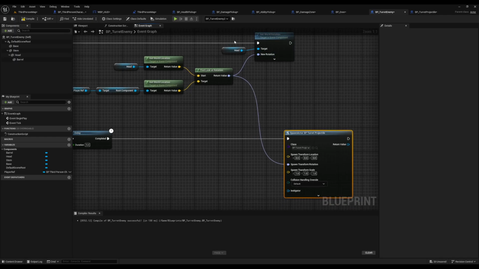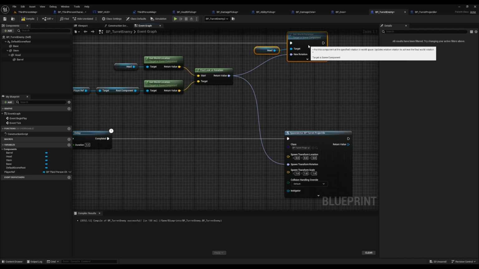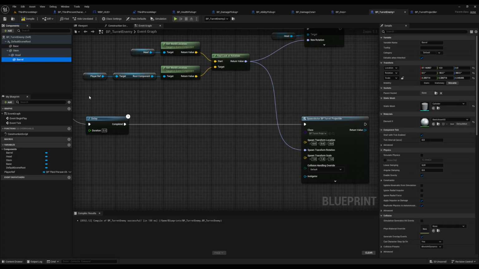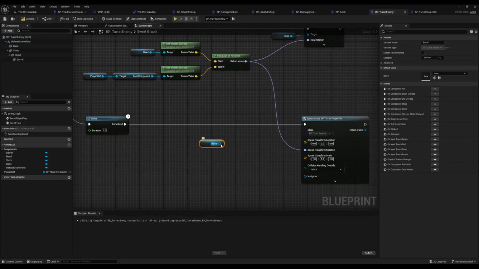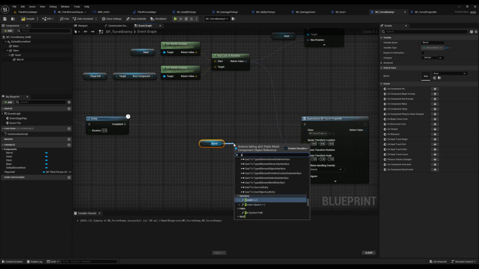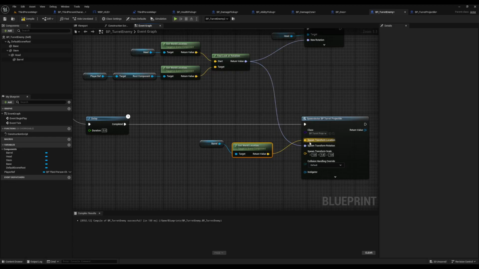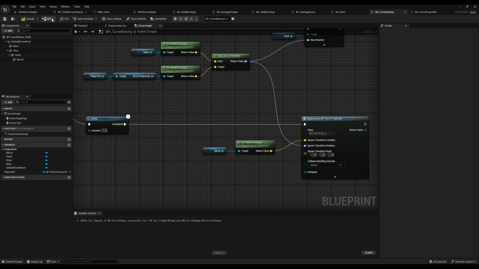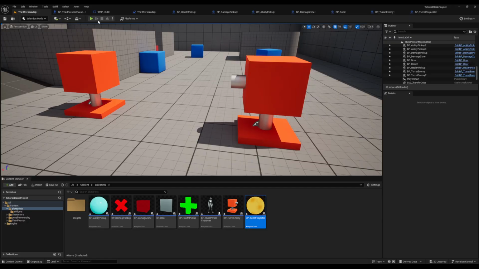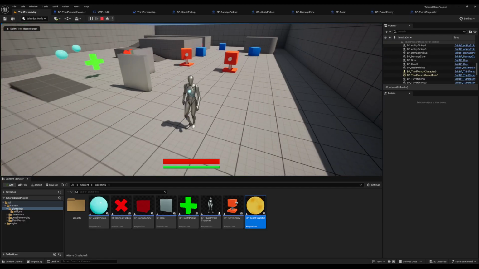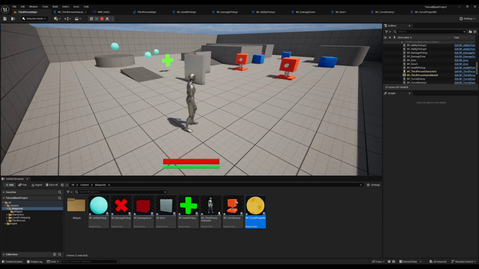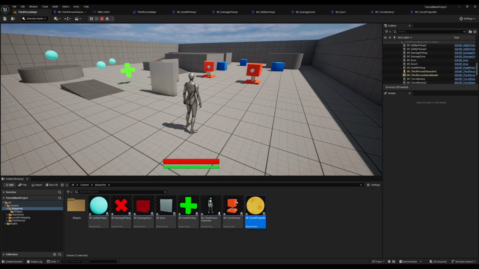And our location is where the bullet's going to spawn from. So I'm going to have it spawn from the barrel, and I'm going to do get world location and have it spawn there. And now if I play, after 5 seconds, this should shoot at me. Hopefully. Yeah, there we go. So they've fired